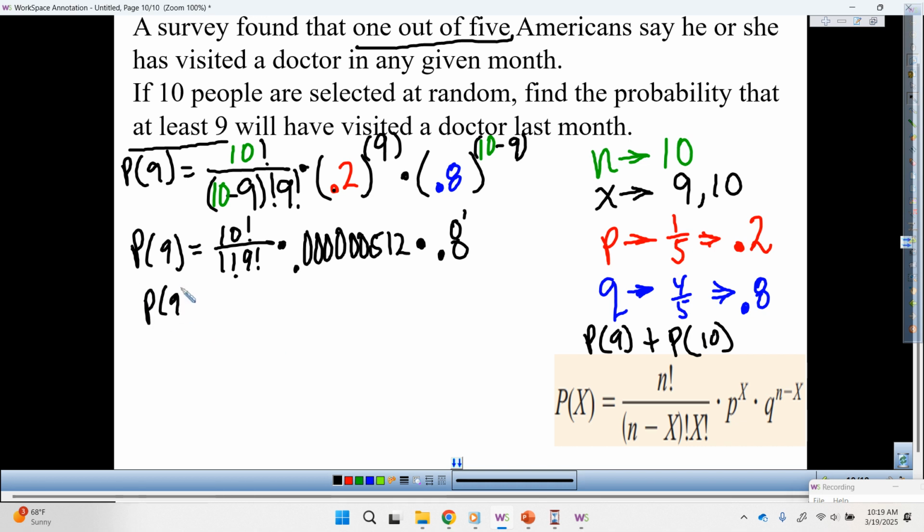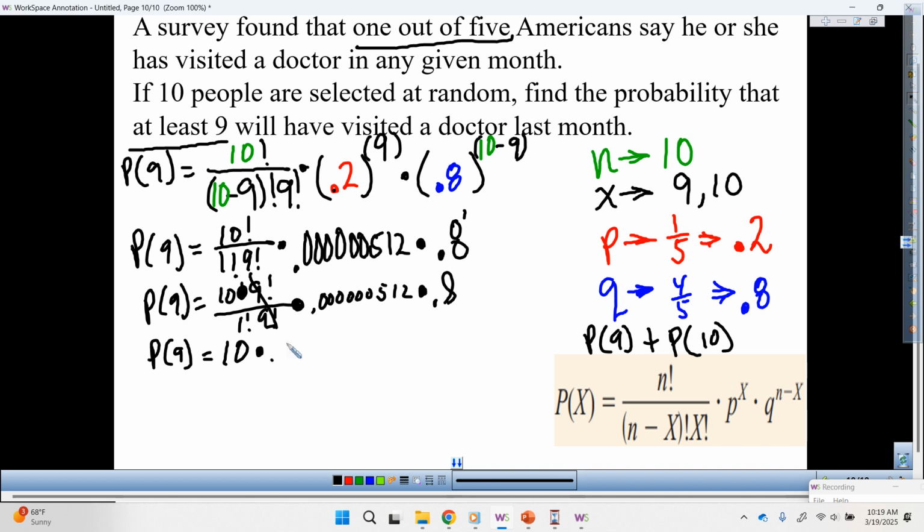All right, so P of 9 is 10 times 9 factorial over 1 factorial 9 factorial times 0.00000512 times 0.8. This cancels, so at the end we're left with 10 times 0.00000512 times 0.8. And that magic number is